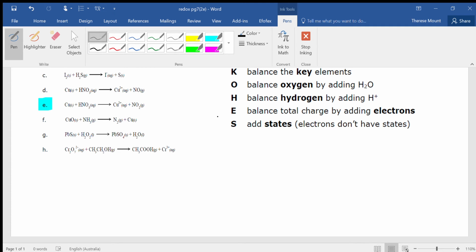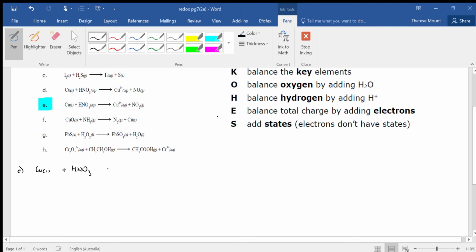Okay, so this video will go through copper plus nitric acid to copper ions plus NO2 gas. Okay, all right, so I'm just going to keep the ionic compound here together, the acid here together,